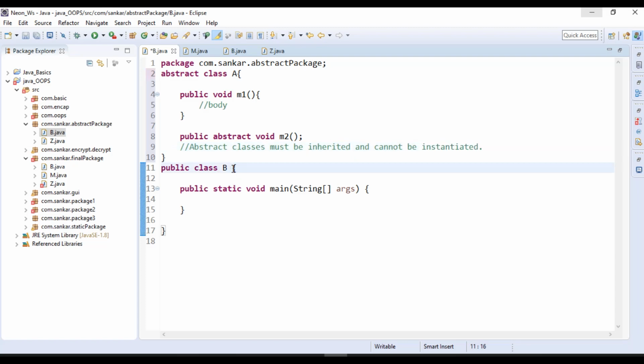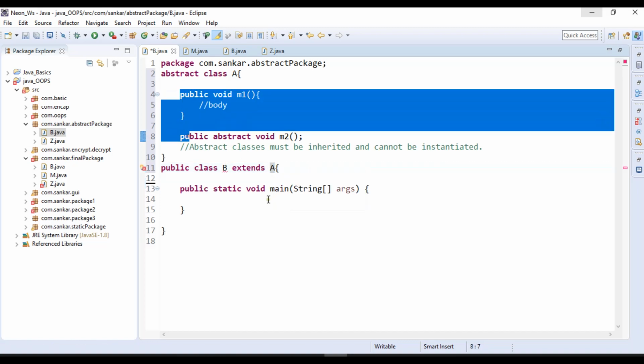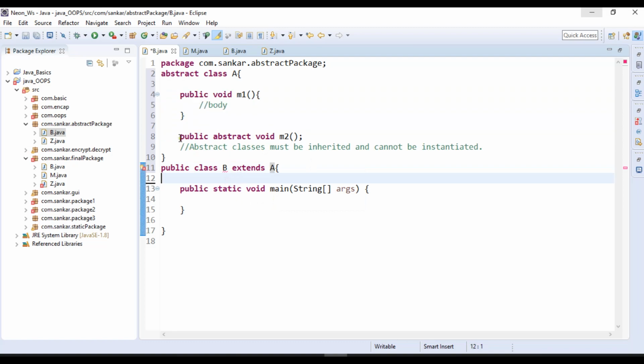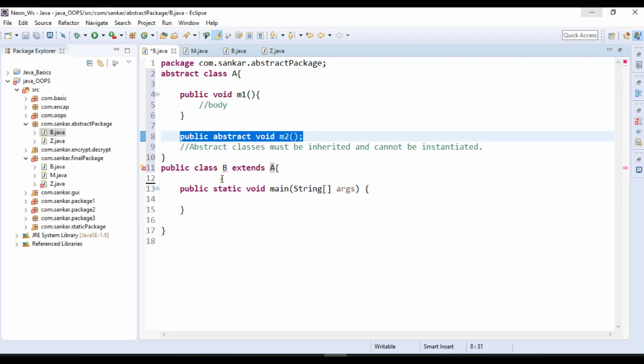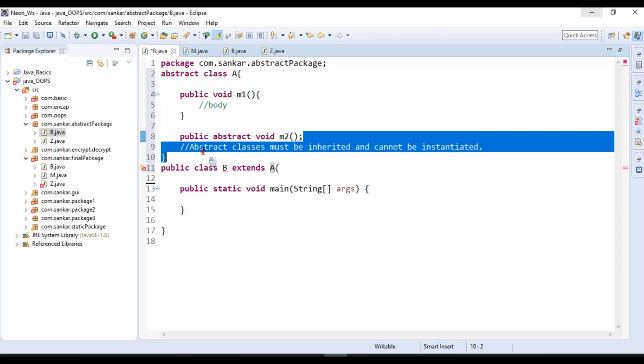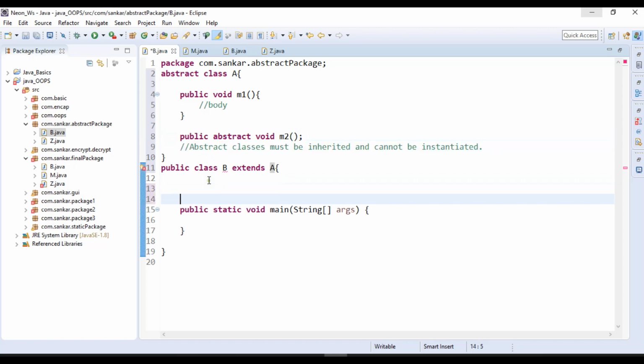So let me do these things. I will do inheritance. How can we do it? By using the extends keyword we can make the parent-child relationship. Now what I did is, B is a child class, A is a parent class. I made the parent-child relationship. Okay. Now A class properties, everything will come under B class. So here it is telling one mandatory thing. We need to override because it is not properly implemented. We need to implement it in the child class, then only we can use it.